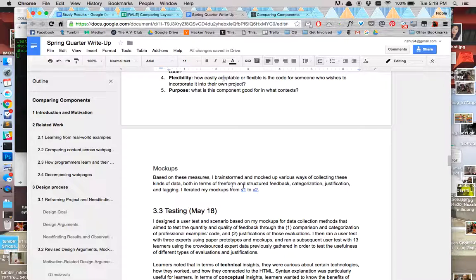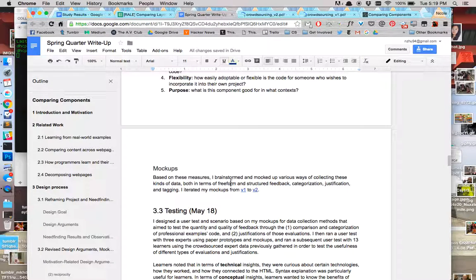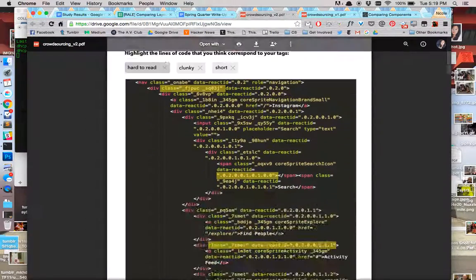Based on these measures, I iterated several rounds of mock-ups that aim to capture different types of data. The first was structured feedback in the form of categorization and tagging of certain examples, and then freeform as well as structured justifications for why these evaluations were the case. So for example,